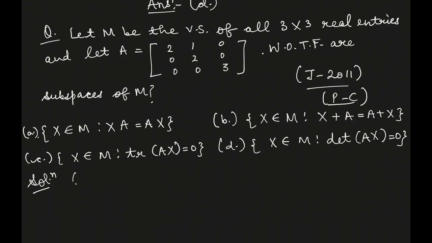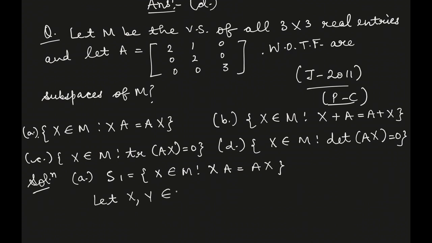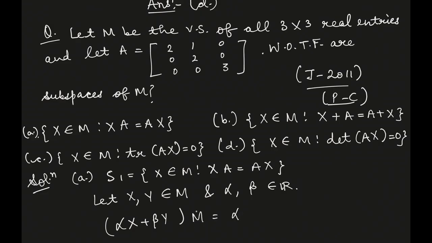Okay, let us check all the options one by one. So in the first option, X belongs to M such that XA is equal to AX. How have you checked this? By applying the definition. If I take two members of this M, X and Y, and alpha, beta belong to real numbers, alpha X plus beta Y times A is equal to alpha